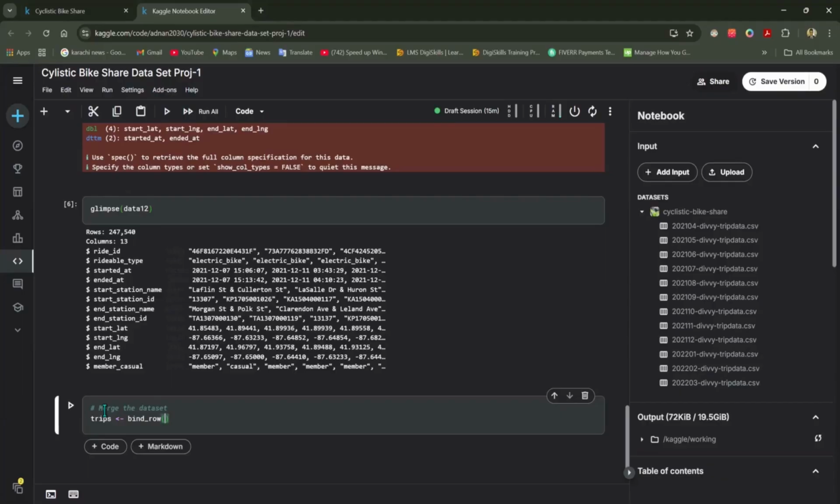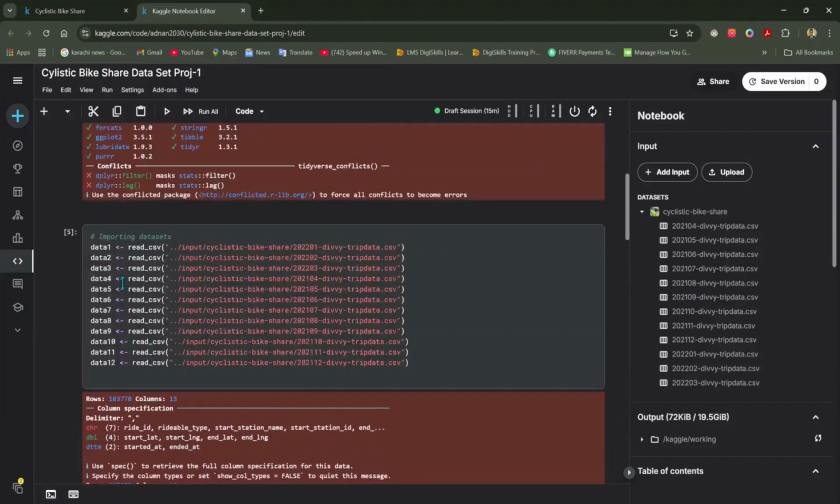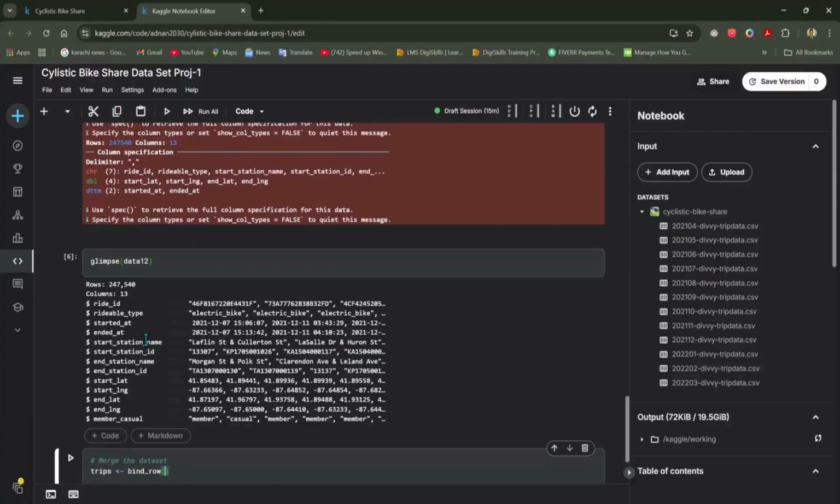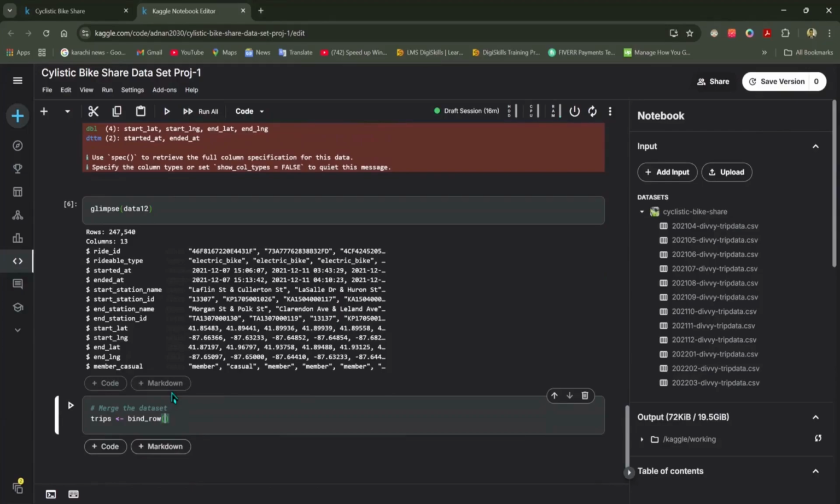You remember we have given names while importing the dataset 1, 2, 3. So our language has already characterized these CSV files into these dataset names. So we are going to write the same names here: dataset 1, dataset 2, data 3, data 4, data 5,